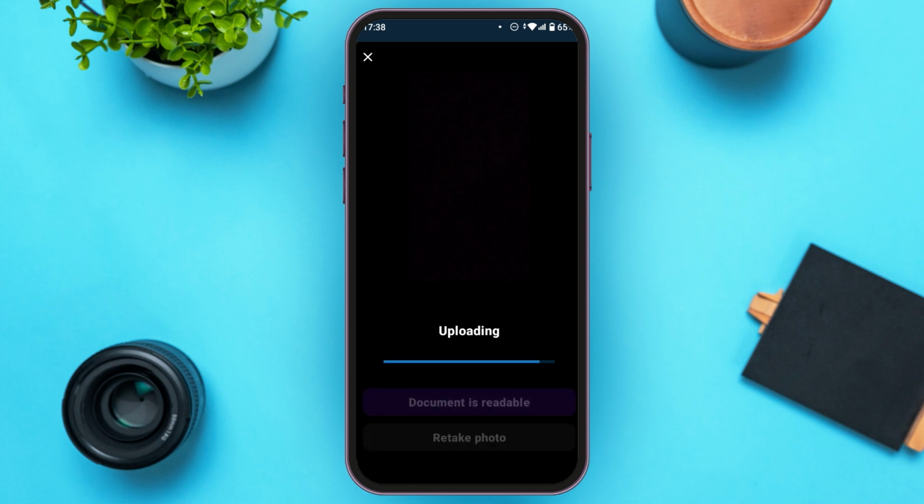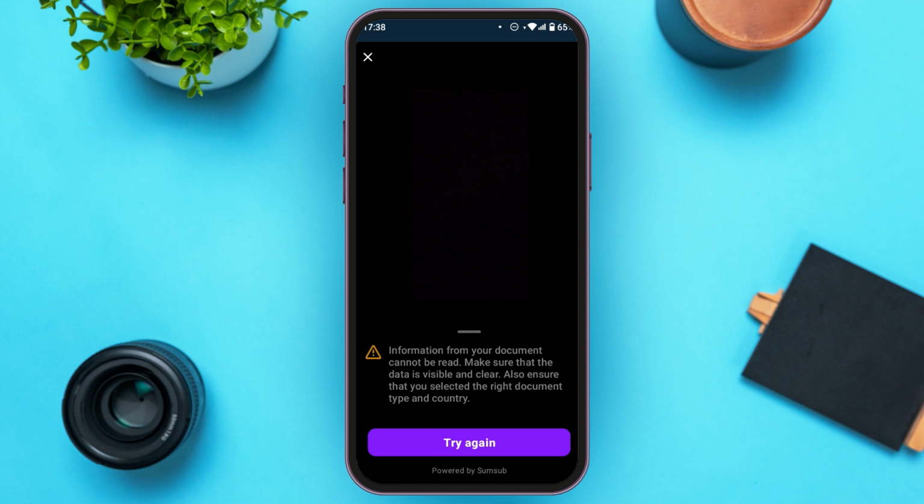Now the photo of your document is uploading. Make sure the information from your document can be read. The data should be visible and clear. Also ensure that you selected the right document type and country. After you submit the photo of your document, you can proceed to other steps. Simply follow through the prompts and after that your identity will be verified. So that is how you verify identity on